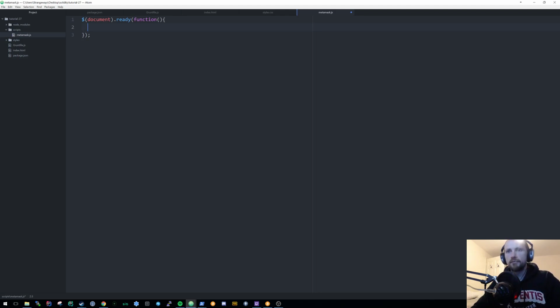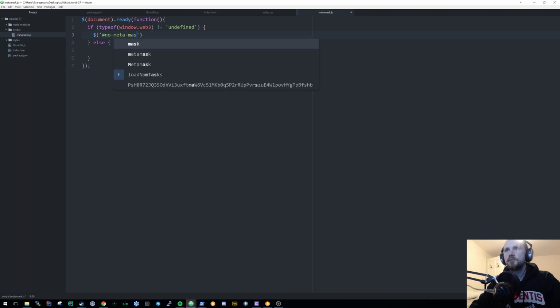Now we want to do the simple check as previously mentioned. So if typeof window.web3 is not equal to undefined, else do something else. And the first thing we want to do is obtain or use the selector noMetaMask and then simply hide. And then in the case that the Web3 object is not available to us, we want to do hasMetaMask